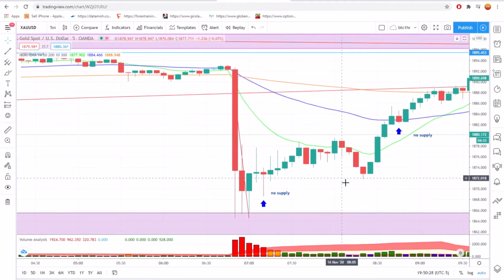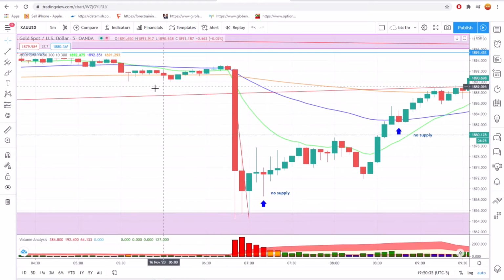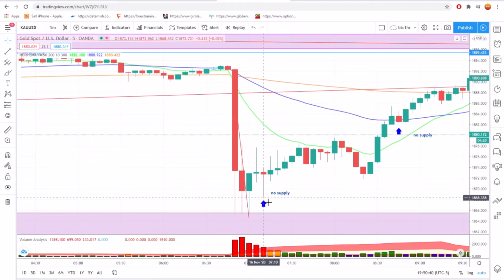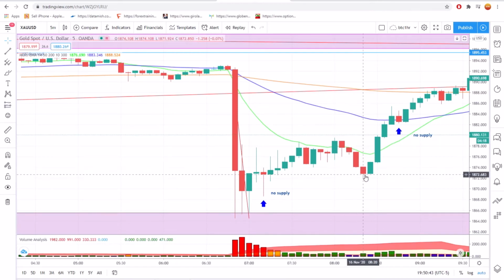You can see again. Now another key factor we can look at, again, as the previous one that we saw, is no demand up there, this is a no supply. Look what happened right here, correct? We came back down to retest. We retested it, could not keep pushing below, and we pushed back up right off of this. No supply. Beautiful entry. You could have re-entered here just because this is confirmation, or on a safer bet,